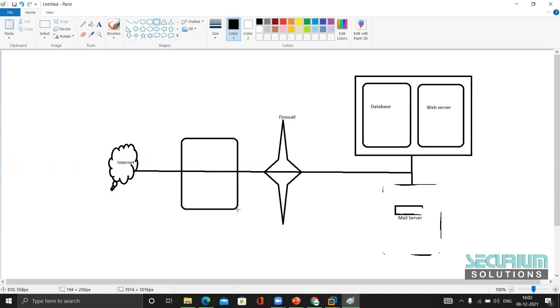I'll place it outside the network and I will add another firewall just before it. So what will happen? This zone is what is called a demilitarized zone, DMZ zone. So if anyone tries to access my network, they have to bypass 2 firewalls in order to get into